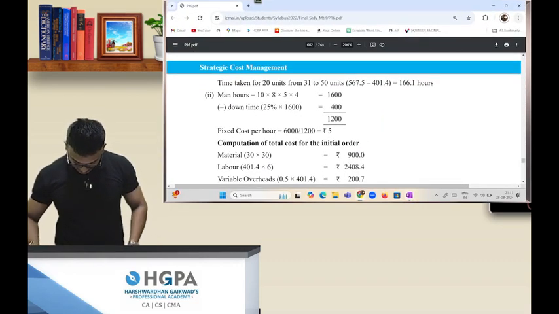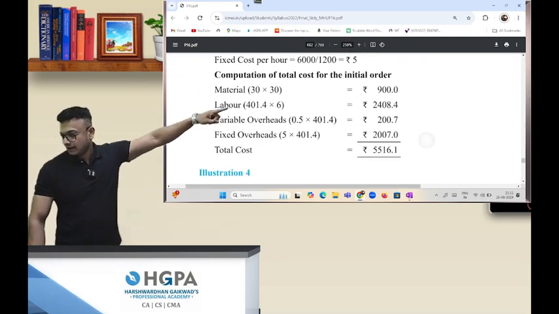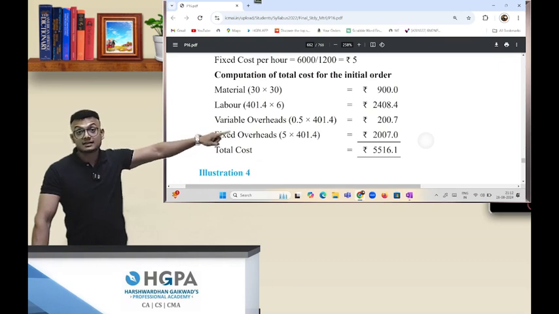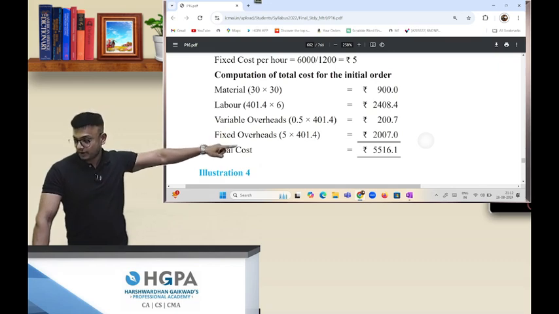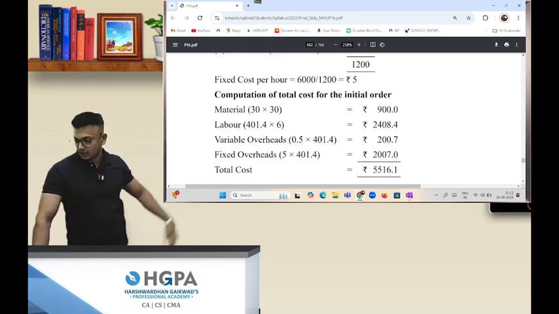I think I've done that only. Just go and check it. Yeah, that's right. So what I've done, see, wherever hours is there, take this. That will be multiplied by 5. That is your fixed overhead, 6000 rupees divided by your 1200 operating hours, and upper is material per unit. That's your first order, 30 units. You get this answer,